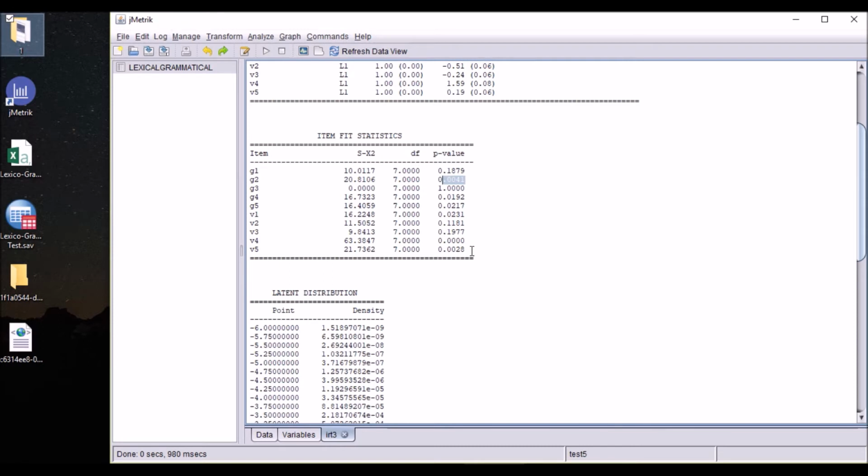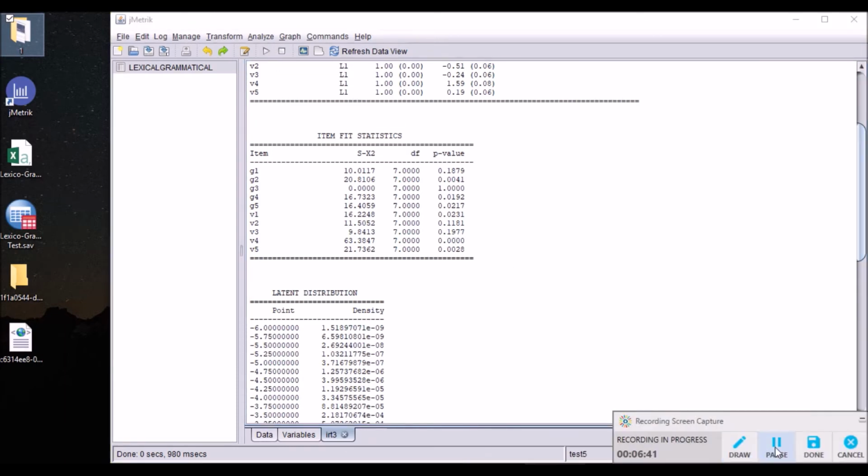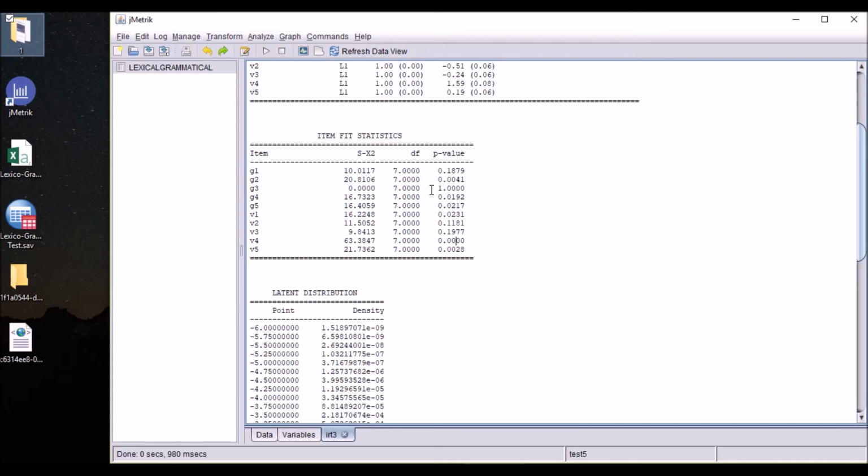That would indicate that the item does not fit the model, or as IRT scholars would put it, that specific model does not fit that specific item. So you can keep these in mind, and perhaps, for example, item 4, V4 and V5, to see if it would be a better idea to fit another model to V4, V5, and V1. It's possible actually under jMetrik to fit different models to different items. In some items 2, 4, 5, and that's G4 and G5, and V4 and V5 do not fit the Rasch model. So you can take that into account and then now move to